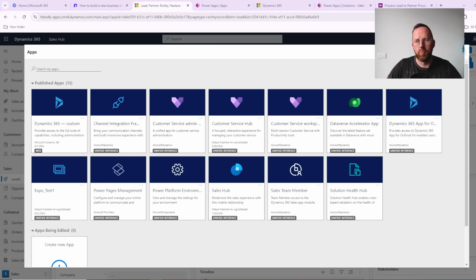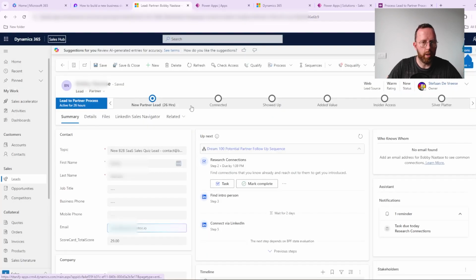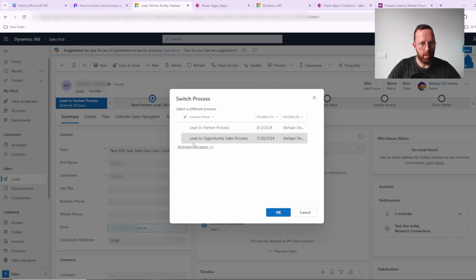But that's also one of the biggest benefits of something like Dynamics 365 for Sales: it is built on top of such a big, good, solid foundation, the Power Platform. It is super solid, so you are very safe if you use something like this, if you start playing around with this. Okay, so we added the business process,